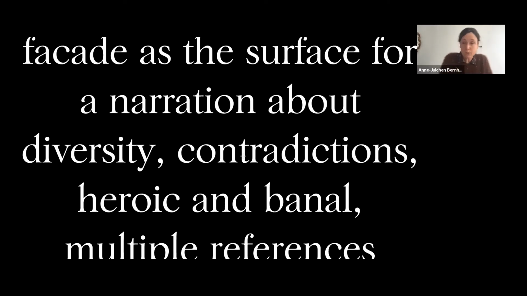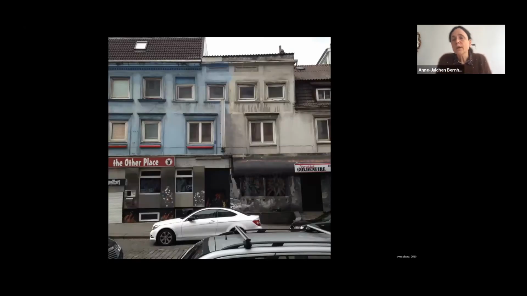And so one main strategy was to use multiple references, and with them we somehow created the ornament of the facade. This is St. Pauli, in one of the neighboring streets.